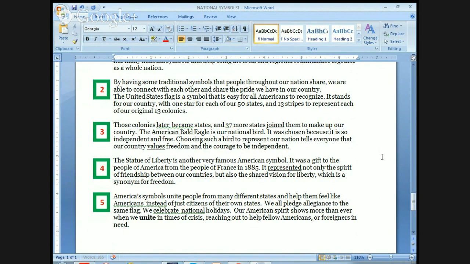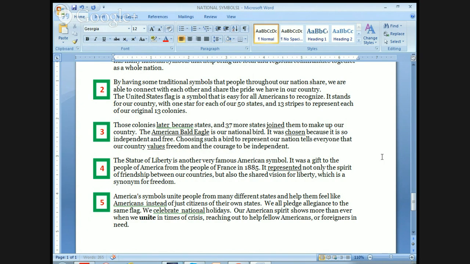Choosing such a bird to represent our nation tells everyone that our country values freedom and the courage to be independent. The Statue of Liberty is another very famous American symbol. It was a gift to the people of America from the people of France in 1885. It represented not only the spirit of friendship between our countries, but also the shared vision for liberty, which is